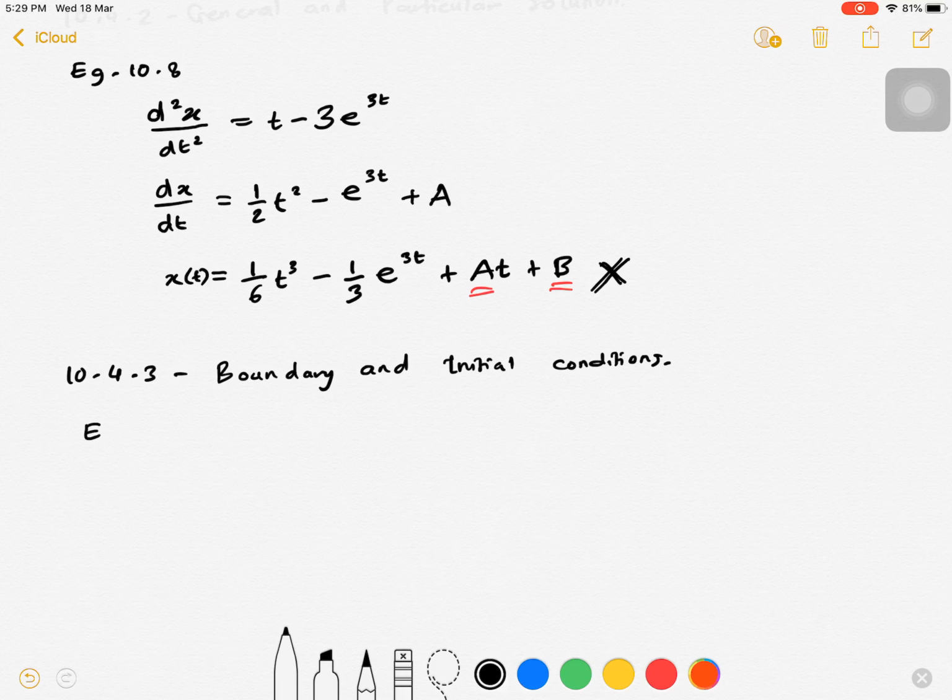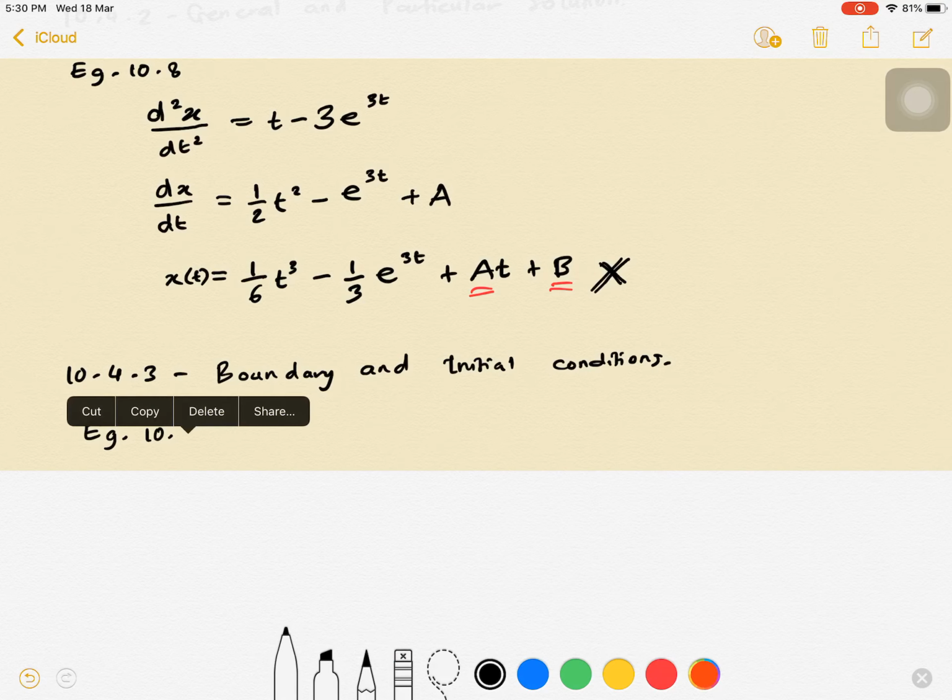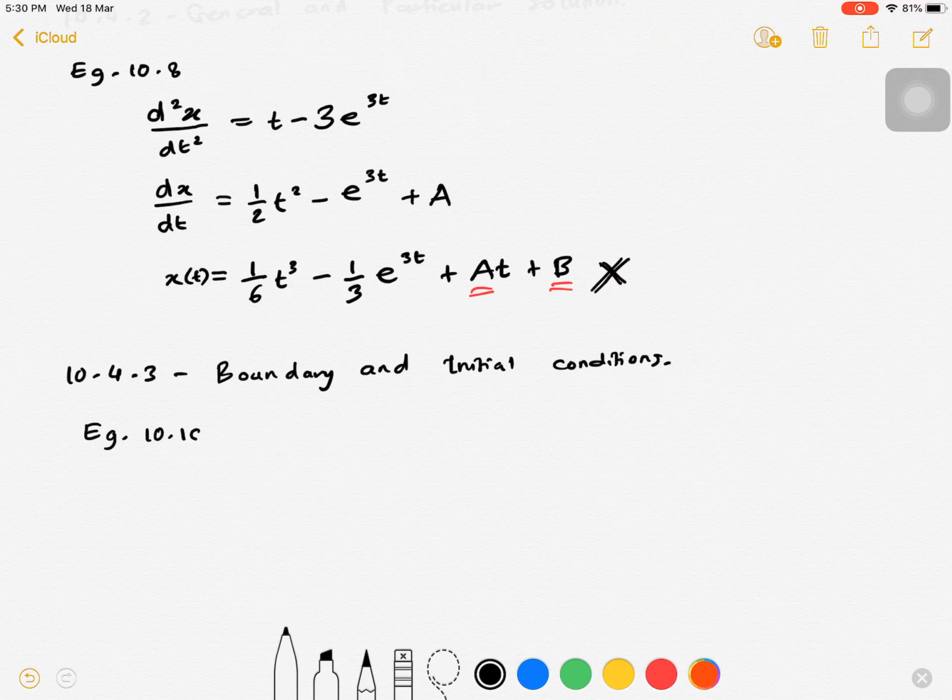So example 10.9, or I think I prefer example 10.10. Okay, so the given equation is d2x dt2 plus lambda square x. This is kind of similar to previous one, I think. And the given condition is